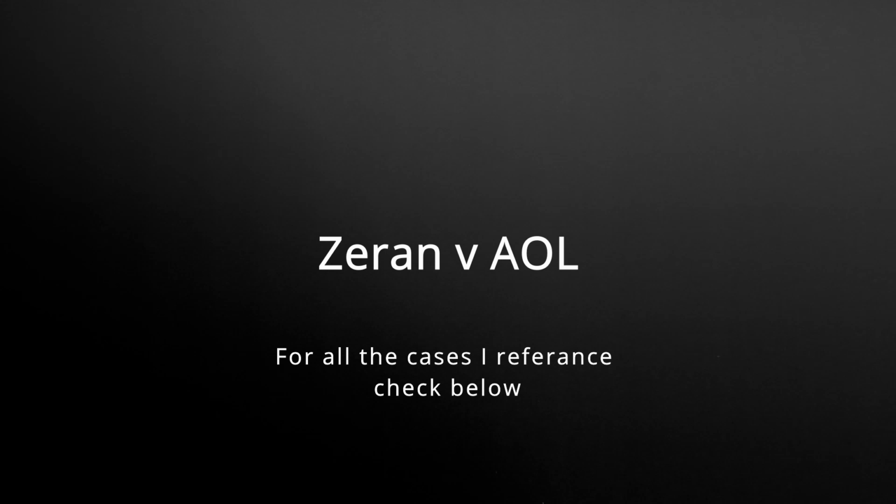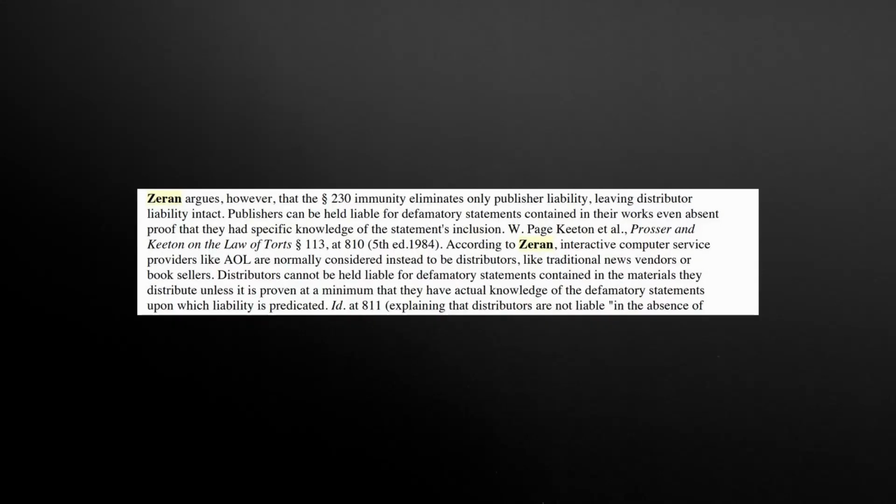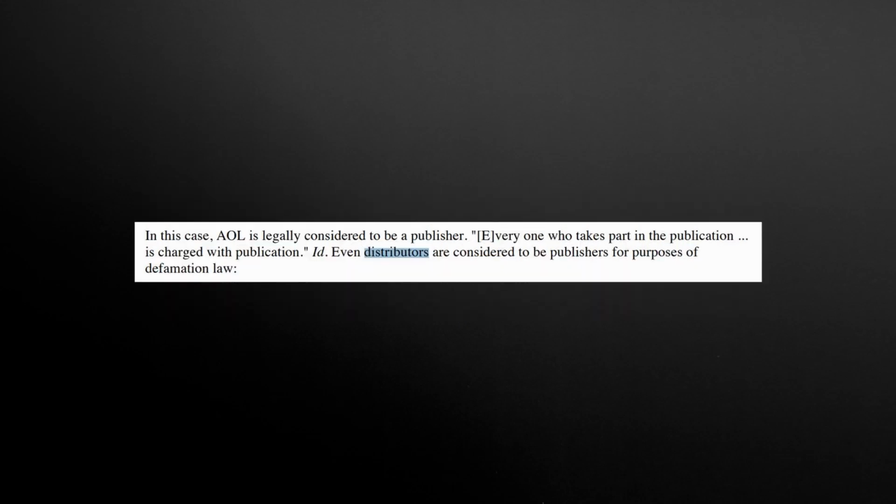Soon after the creation of 230, the language of C1 was broadened by the case of Zeran versus AOL in 1997. In this case, Zeran had tried to make a distinction between a publisher and a distributor and hold AOL liable not as a publisher, but as a distributor of the illegal material, so as to get around the protections of C1. Firstly, the court concluded that distributors themselves were to be considered publishers, thereby protecting them under C1, and